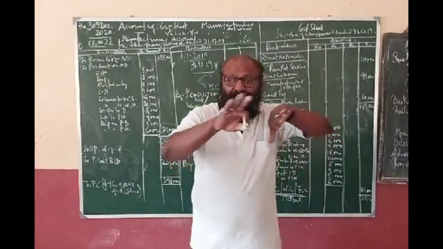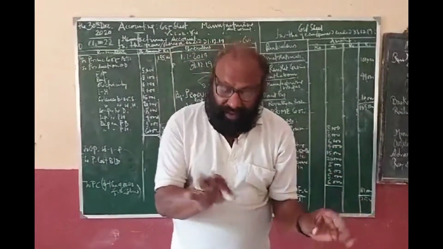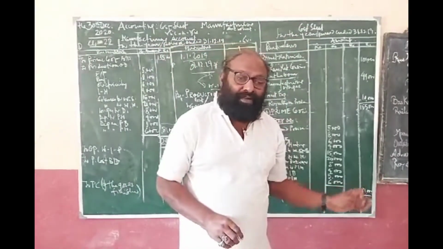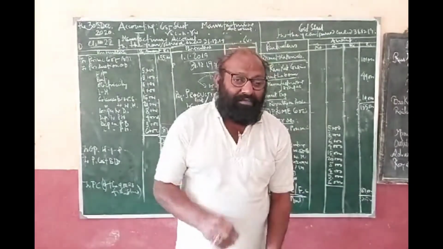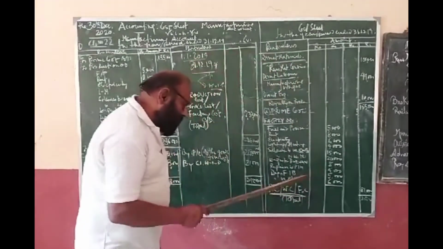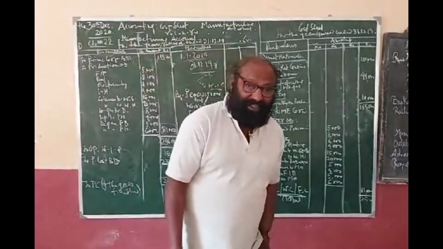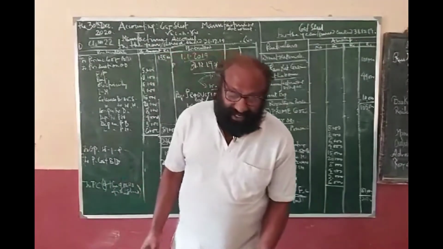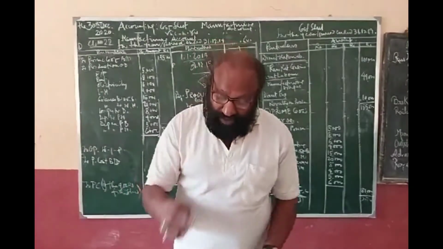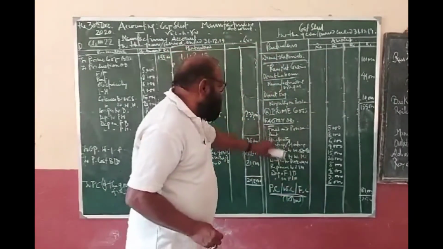So now I have completed the cost sheet, okay. I have also shown the manufacturing account. We have done the trading account, the profit and loss account, and now we have completed the manufacturing account. Manufacturing account is only prepared by a manufacturing organization, an industrial unit. Now to this one, we should add administrative expenses. By adding administrative expenses, what would we get? We would get the cost of production.